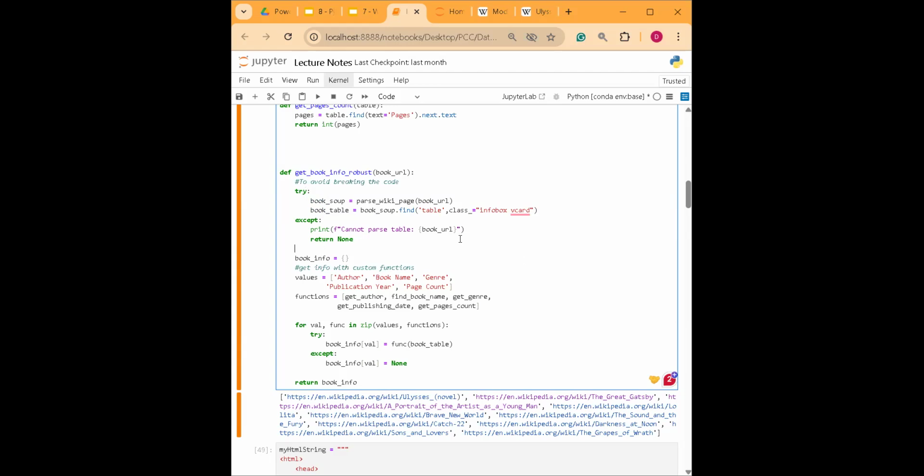In this case, it's going to return to the very beginning. So we're going to try this one, and if we find parse wiki page book,